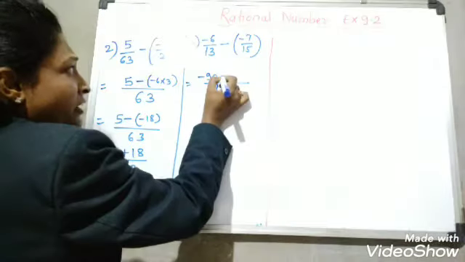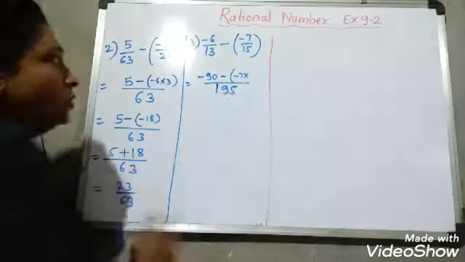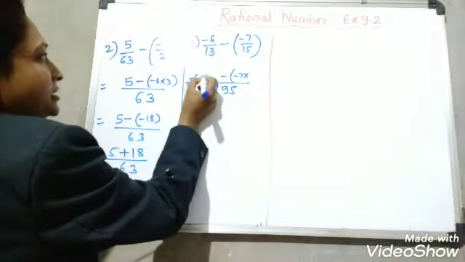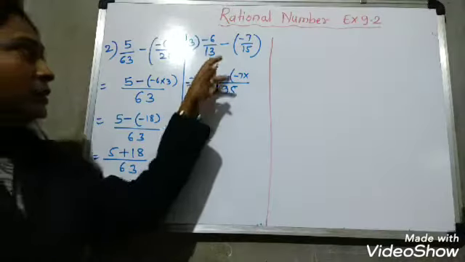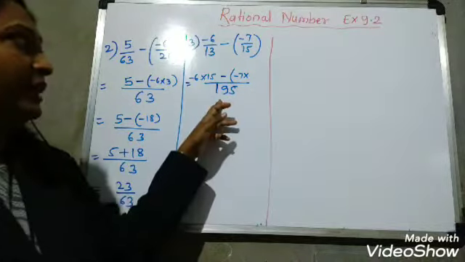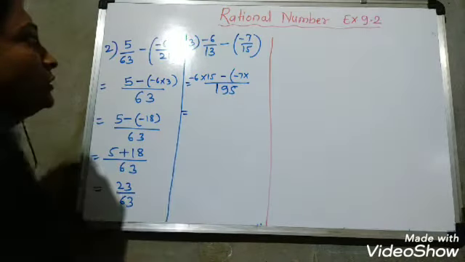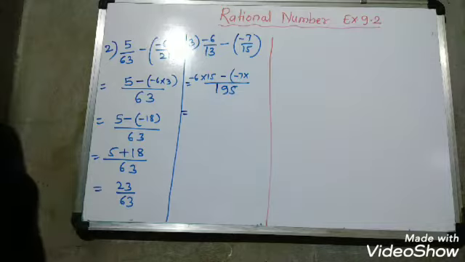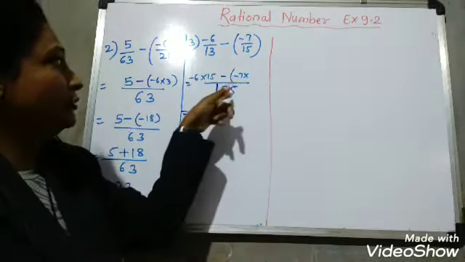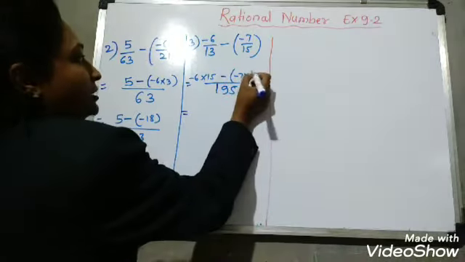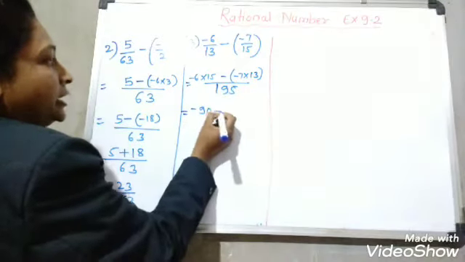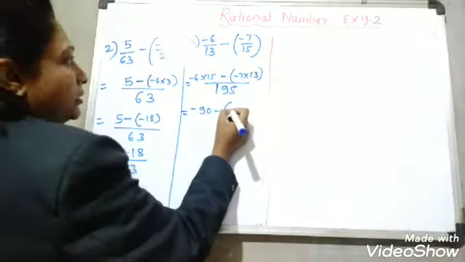Here on the minus side it is minus 7 into... I will also write the steps here, so you will understand what I did. Minus 6 into 15 I did to make it, because for 13 I multiplied with 15, so I got that 195 denominator. Now see, 7 by 13, by what number will we multiply to get this 195? By 15. So what we will get: 6 fifteens are 90, minus 90, and here minus 13 sevens are minus 91.